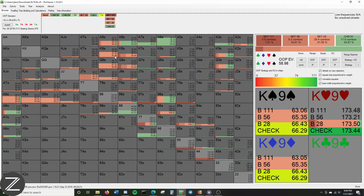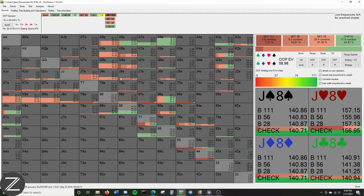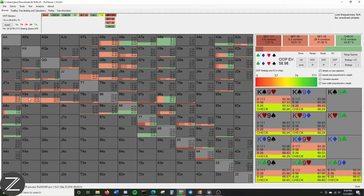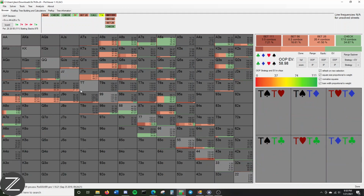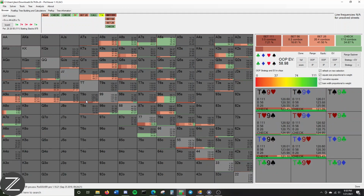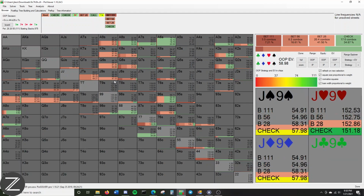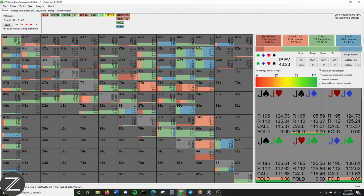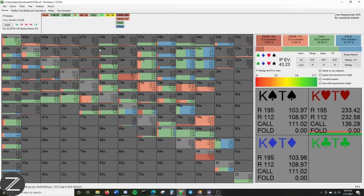Even on a board this wet, you can still block top pair here. You shouldn't be doing much more than blocking. It's just going to be hard to get value otherwise. With 10-9 you can start to go into the big size, but really the single pair hands are just going to be blocking. So after it goes block, obviously in position is going to be raising all their flushes,